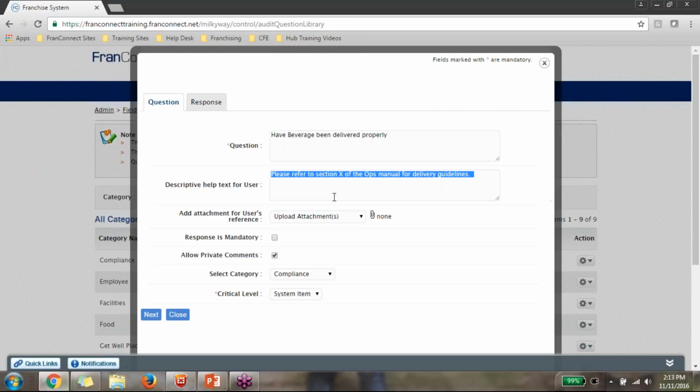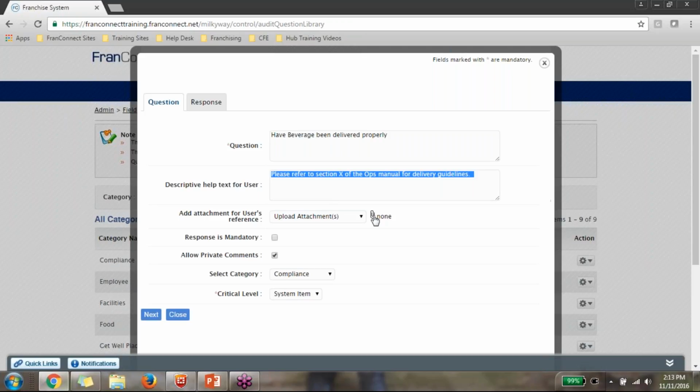But if section 5 of your ops manual is always about beverage and food delivery, then you can refer to section 5, and that at least gives both your auditor and your franchisee a reference point for completing this question correctly and against compliance standards.